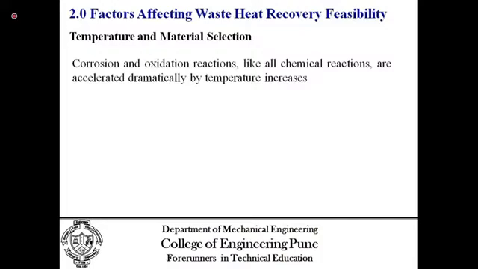Some materials have a higher thermal inertia. They will take more time to reach that temperature. Some materials have a lower thermal inertia, so they will reach that temperature very fast, and they will again release that heat and reach a lower temperature very fast. For example, sand. Sand will get heated very fast and will get cooled down very fast. But if you go for a hot mild steel bar, it will take time to heat, and at the same time it will take time to cool down.